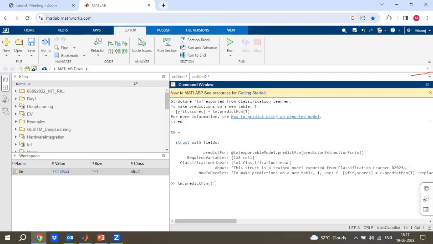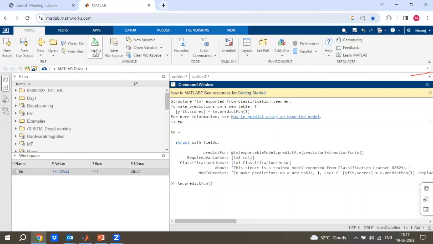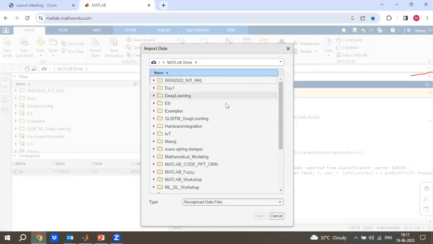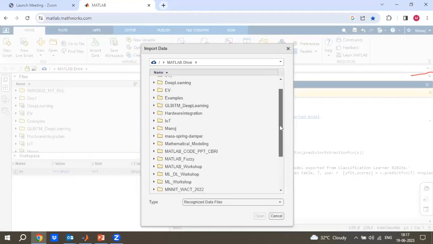Suppose right now we have 76 accuracy. So what we can do, let me just try, because right now I am working on online MATLAB. So what I can do, I can import some data from